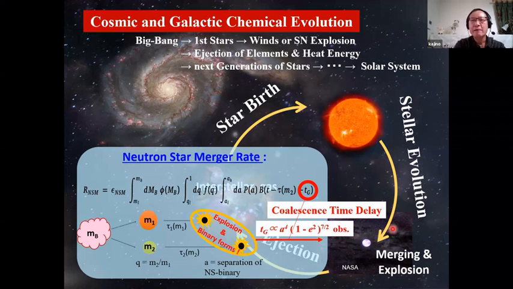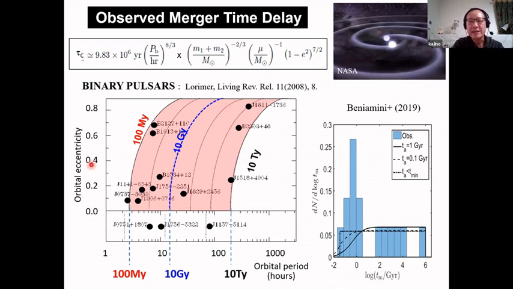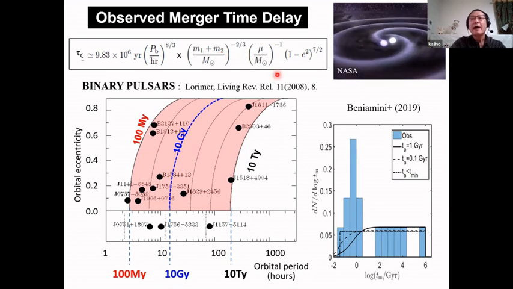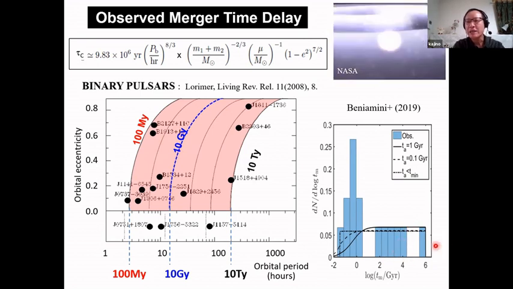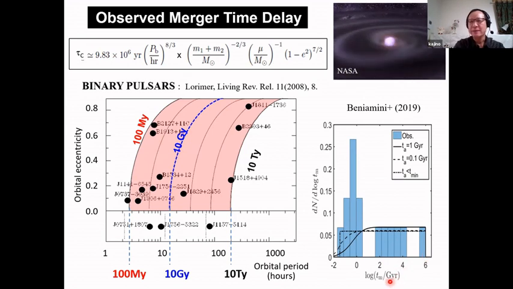There is an observational fact of binary pulsars. Undoubtedly these objects are binary neutron stars. And having the observation of orbital eccentricity and orbital period, we could estimate, by using general relativity, the duration of time until the merging. Here we show the longest merging time expected from the observation is a million times giga years. And the most important thing is the lowest time is 100 mega years. So the time delay is a cosmological time scale.